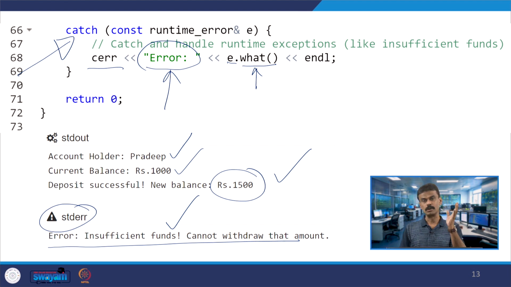Now you go through both the case studies. One is divide by 0, and another one, this is a very good example other than divide by 0. This is a practical example. When you are writing code for a banking system, what happens when the withdrawal is greater than the balance, or somebody simply writes minus 15 as a deposit or 0 as a deposit, which is also not possible. You have handled this with the help of runtime error as well as invalid arguments. I hope you understood both the case studies.